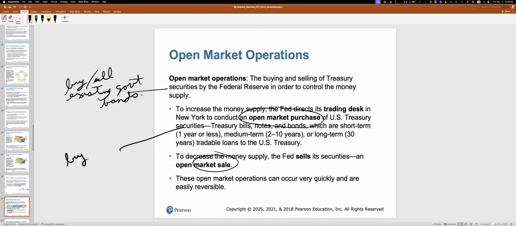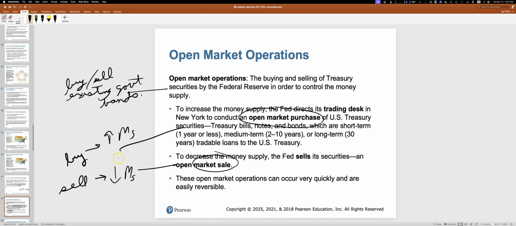On the other hand, if you're hearing this lecture right now and you're saying, "Wow, there's bonds out there called TVA bonds. I want to go buy one." So you'd go to your broker and say, "I want to buy a TVA bond." And you'd be like, "Okay, let's see who's selling them. Oh, hey, the Federal Reserve is selling one," right? So if the Federal Reserve sells one to me, then I'll pay for it, and the Federal Reserve will destroy the money that I paid them with for the bond. So I'd own the bond, but the Federal Reserve would now destroy the money.